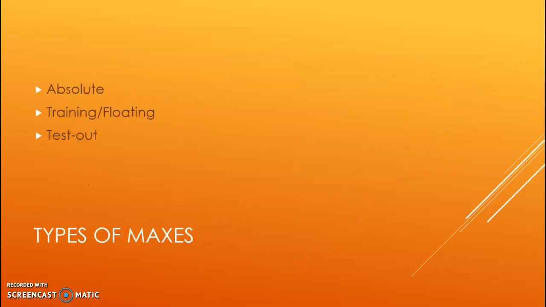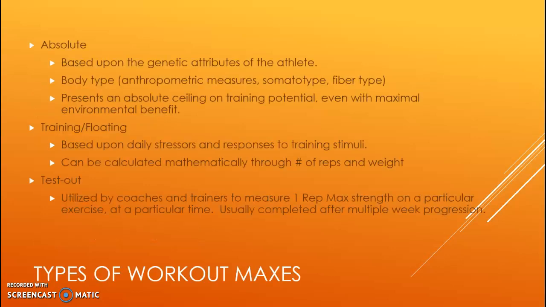You look at how you can actually evaluate performance and types of maxes, one of which is an absolute max. There's a training or floating max, and then there's a test out max. And so the absolute max, it's a little bit theoretical. I'll talk a little bit about it here in a second. Training and floating, that kind of moves around. And test out is more of a target, like a longer term target date for a max effort. And if we really break this down, your absolute, and I like to start off with absolute because it kind of gives you a framework of what you can and can't do. And for the absolute max, it's kind of theoretical.